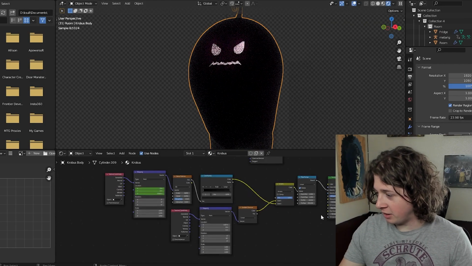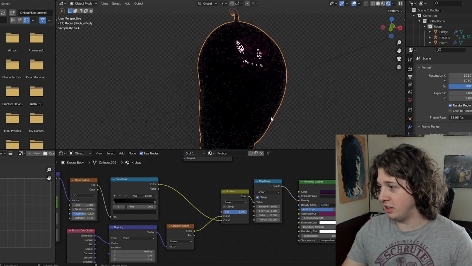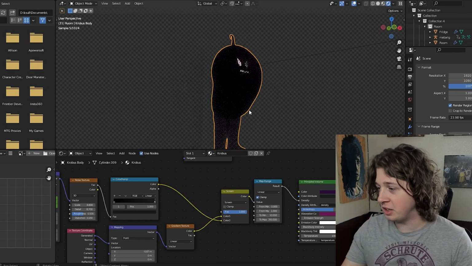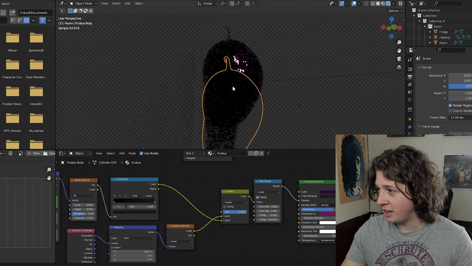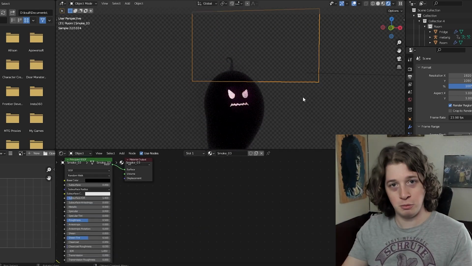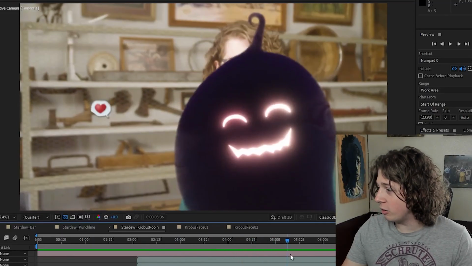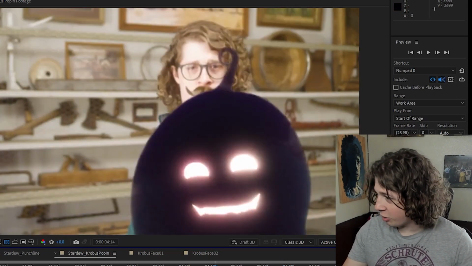I played around with the volume settings on him a lot, and I tried to add some variation and some noise into how dense the thickness was at any given point. Obviously, his legs and his little hair thing are lighter because they're smaller, so there just isn't as much volume to them. He does have a little bit of color to him. I added some more purple, so it's not just completely solid black. And then I also added a little bit of a surface shader on top of that. So he's got dense smoky on the inside, and then he's kind of reflective and see-through on the outside. And then it also distorts the scene through him, which is what makes that jello look.